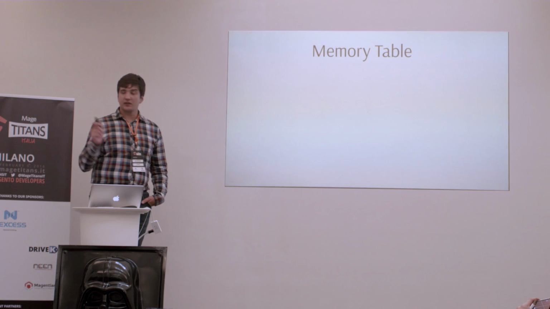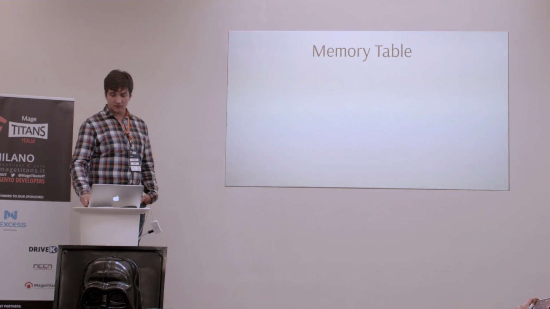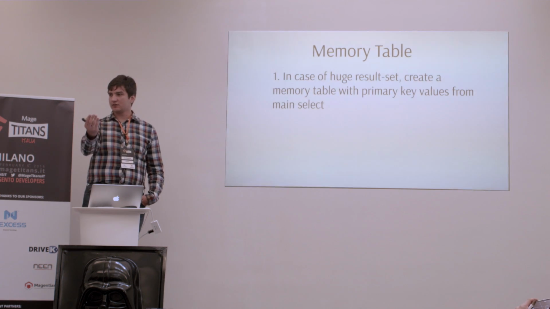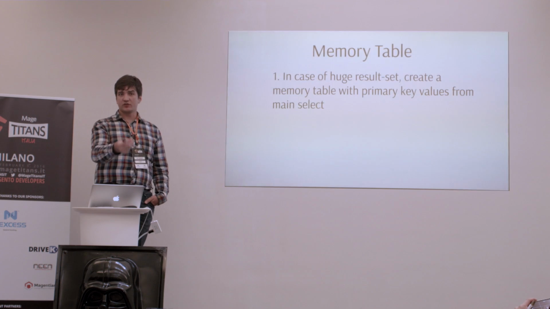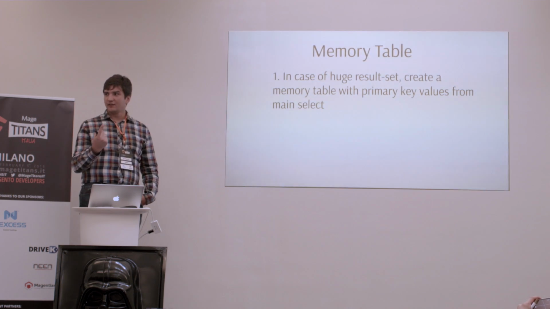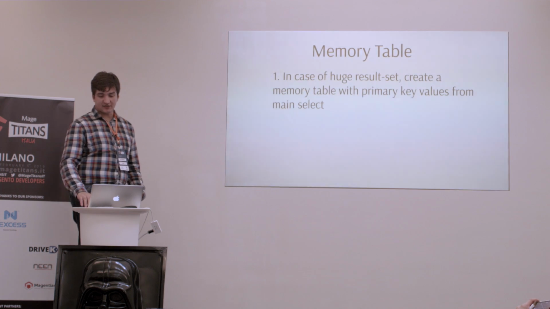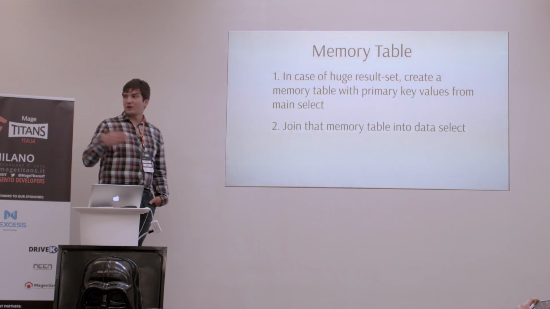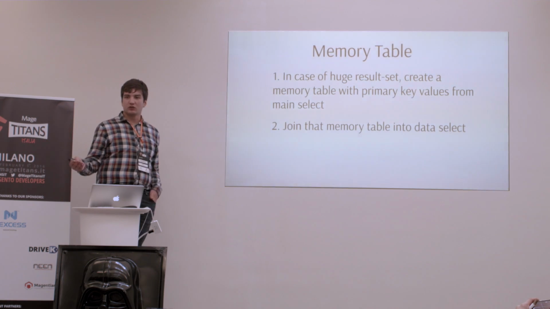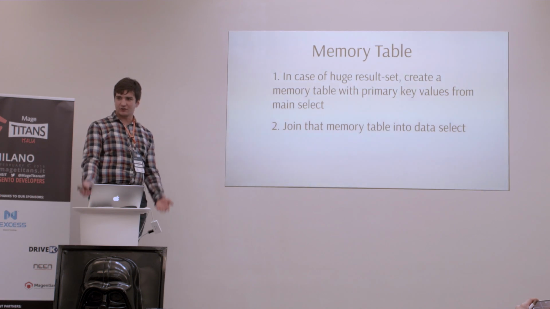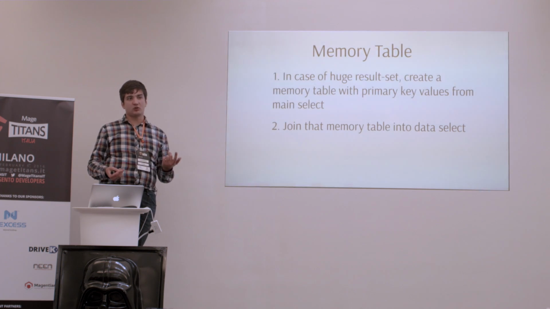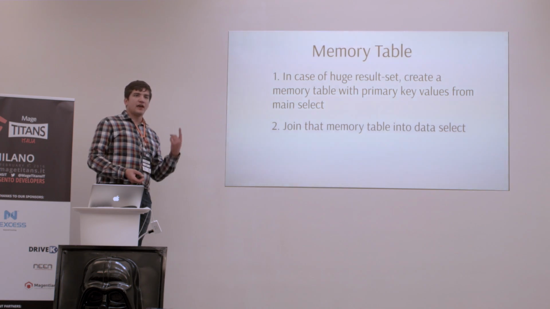And the memory table is a very interesting trick because you actually retrieve the first data set with all the identifiers of your entities. You put it into the memory table with only one column, which is your primary key. And then you just retrieve data from the dataset selects by joining this memory table into it. So you don't need to create a huge query to MySQL itself, because it already has the data in a separate table. You supply these IDs once, so it takes less time on the MySQL side to process and parse your query. That's one thing. And the other thing,